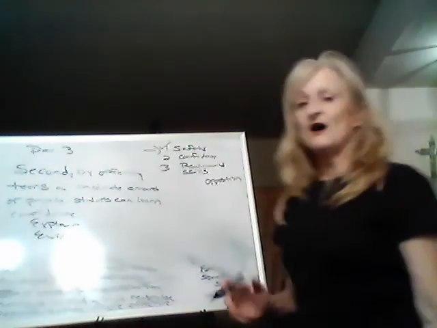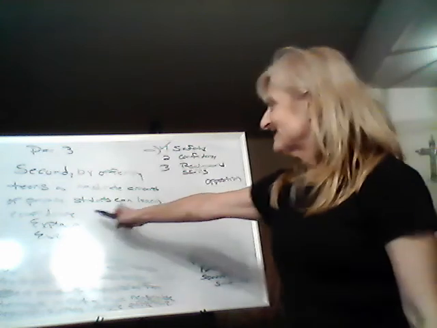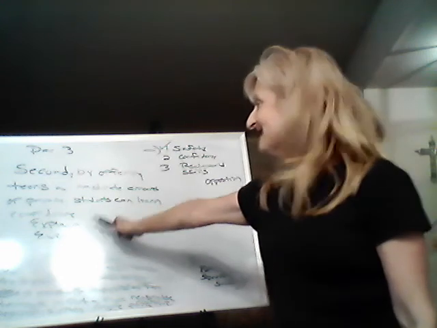Okay, so here we go. So I have second, by offering teens a moderate amount of privacy. Again, that connection to the thesis: students can learn confidence. You could say could build their confidence or something like that, but this is fine. So learn confidence, explain that. Again, this is one sentence. This is probably 2 to 3 sentences to explain and 2 to 3 for your evidence.